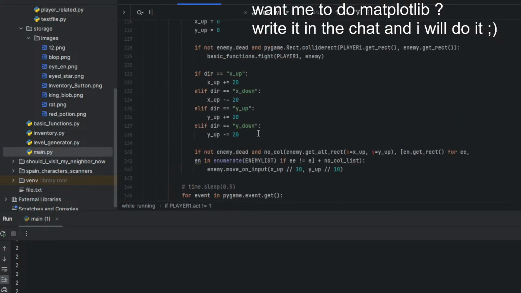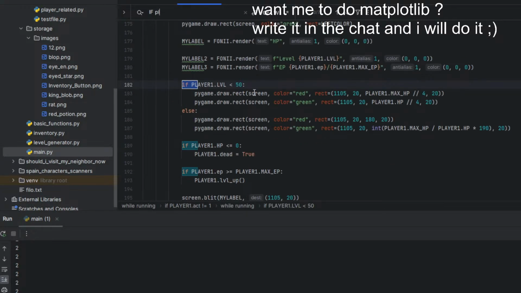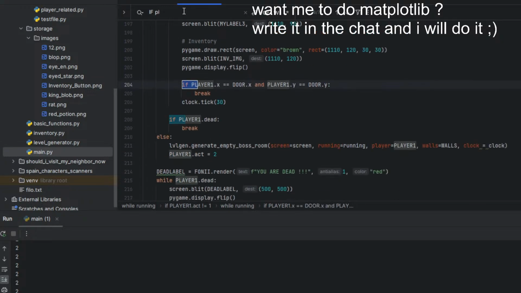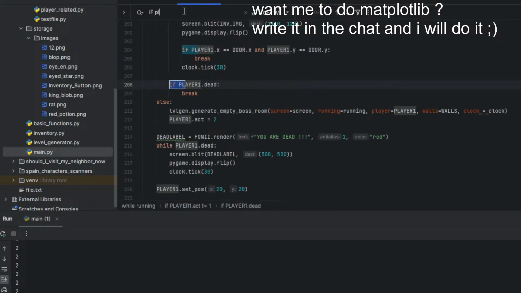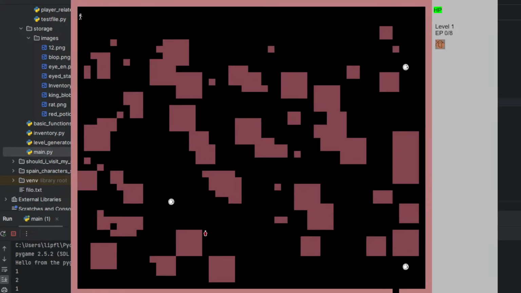If player level is greater than, let's say, 4. So again, now we have simply the old game, as you can see here.